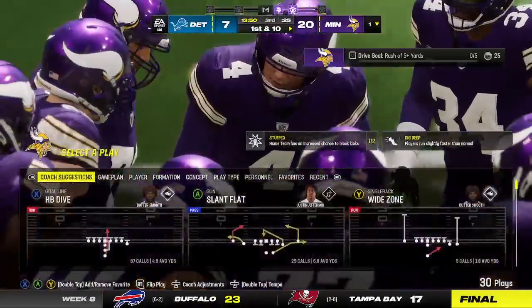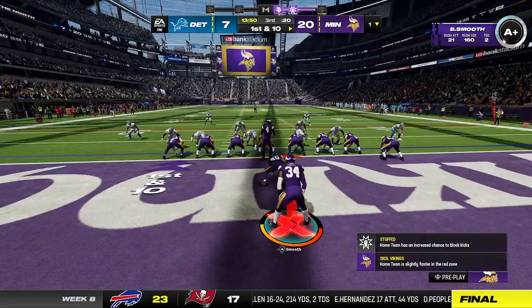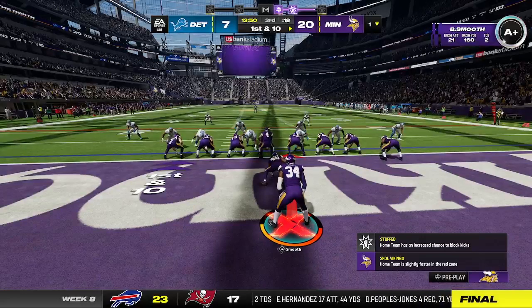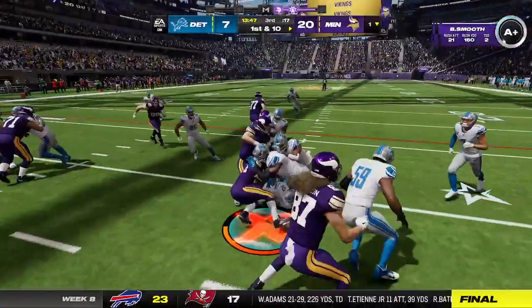It's the Vikings' turn on offense. We get ready for their first possession of the second half. They'll start this drive out on the ground. And now